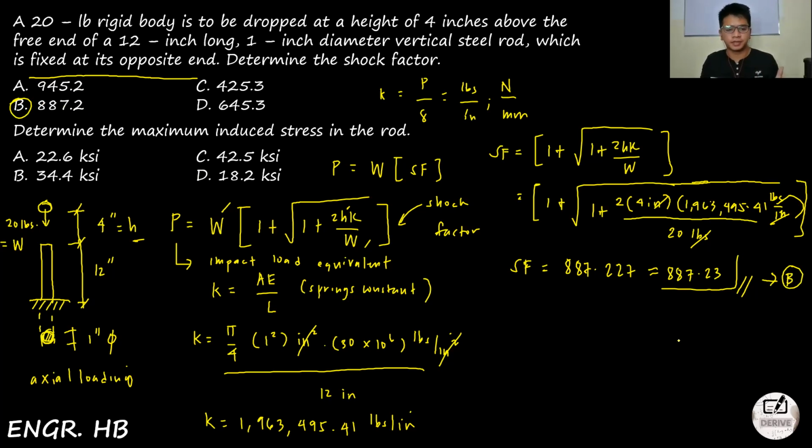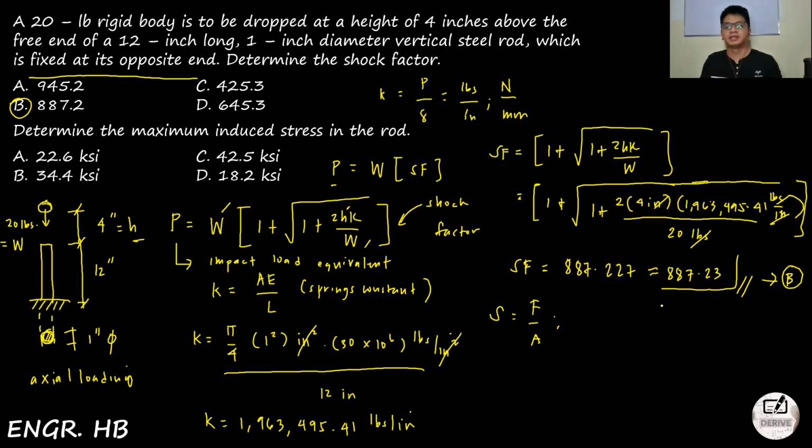So as you can see, guys, this is an axial loading. So matic, S is equal to F over A. Since the 20-pound rigid body drop perpendicular to the cross section of the vertical steel rod. So this will become an axial loading stress. So that will be an F over A lang. So bakit ganun? Ang pangit ng letter A natin. Ayan. Hindi rin gumanda basta hindi pangit. So ano yung F na yan? So ang F natin dyan, of course, yung